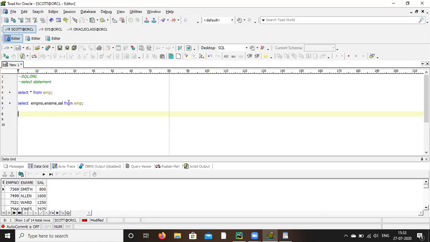So DDL, DML, DCL, TCL, and DQL. Let me give you an overview. Data definition language is nothing but structure, like create, alter. Data manipulation is related to data: insert, update, delete. Data control means grant and revoke, giving permissions. TCL means transaction control, that is commit and rollback. And DQL or DRL means only to retrieve, that is nothing but the select clause. All clear? Any doubt till now? No, sir.